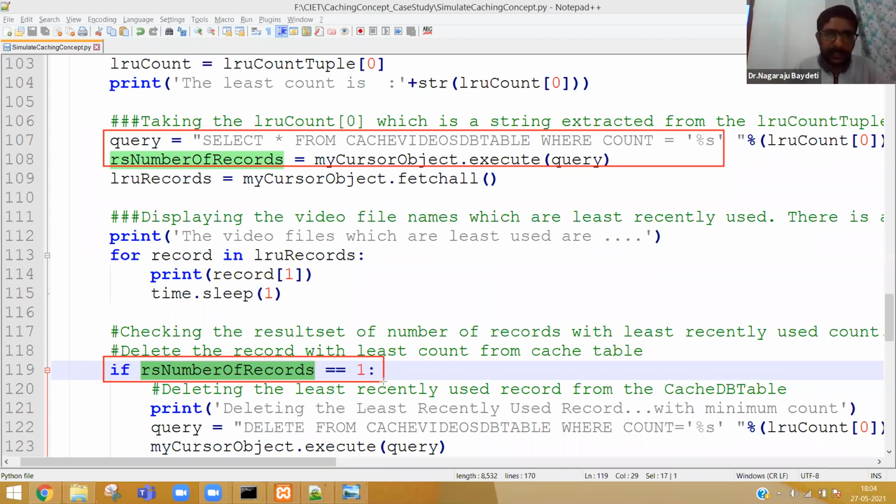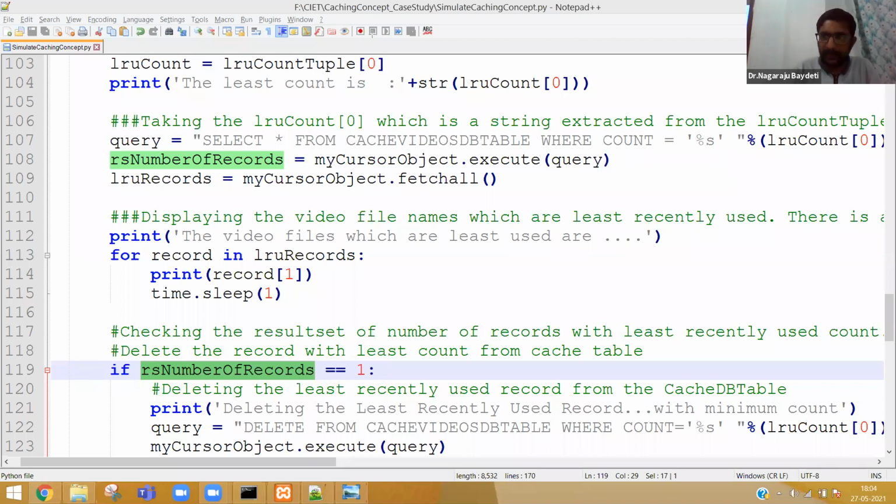Then it is very easy. Delete that record and insert a new record. That is case number 2. I am explaining case number 2 now. Slowly we are entering into case number 2. Case number 2 and case number 3 take only 5 minutes for me to explain, and even for you to understand.